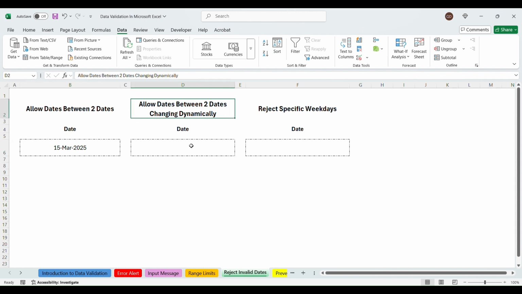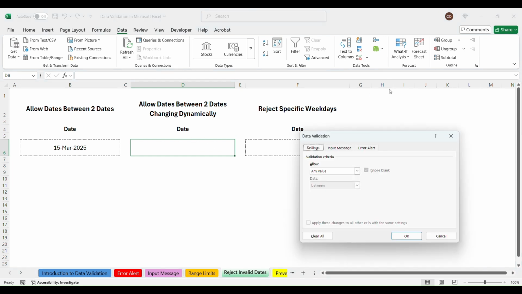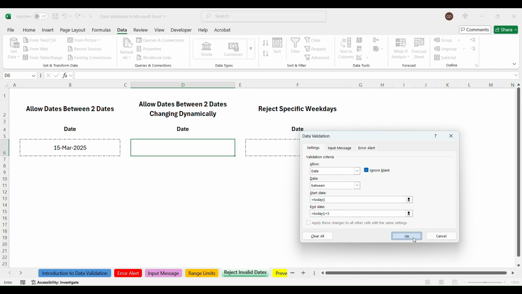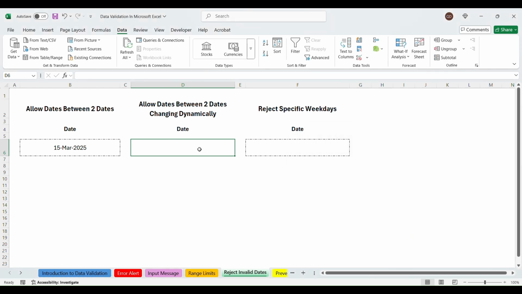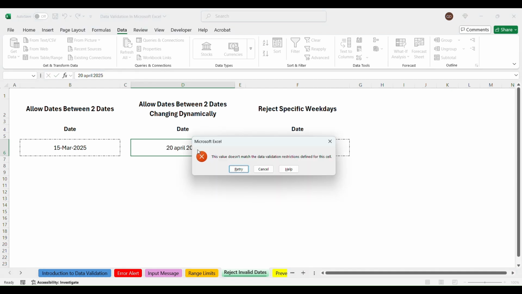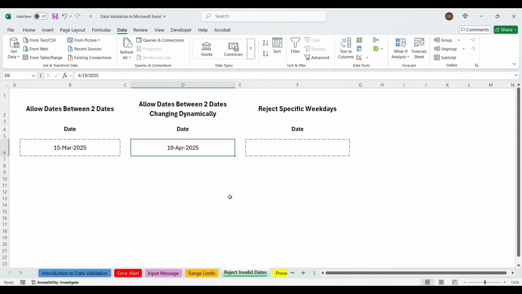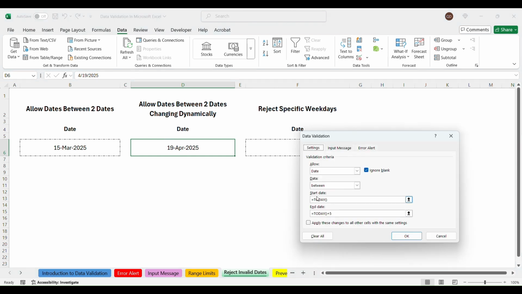Let's do the same thing, but on dates that change dynamically. So for this one, we can say the start date is today. So we'll just say today, and the end date will be 5 days from today. So we'll say today plus 5. So in this case, today's date would be the 14th of April 2025. So up until the 19th of April 2025, it would still accept. Yesterday, the 13th of April 2025, it would not accept, and it would also not accept the 20th of April. But tomorrow, it would move on by 1 day because it would always look at today's date and today's date